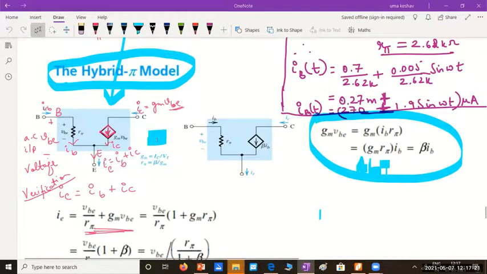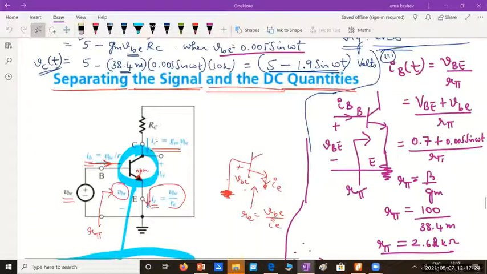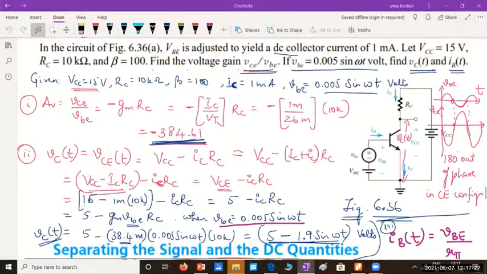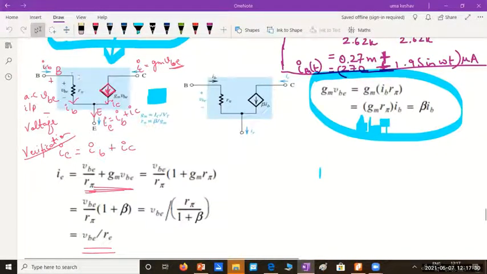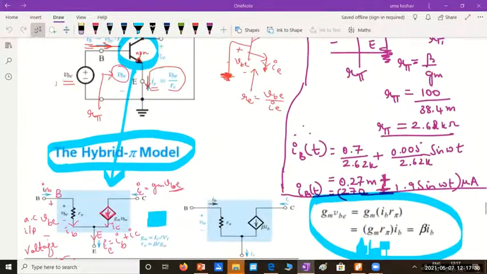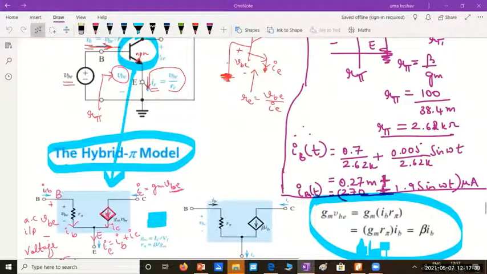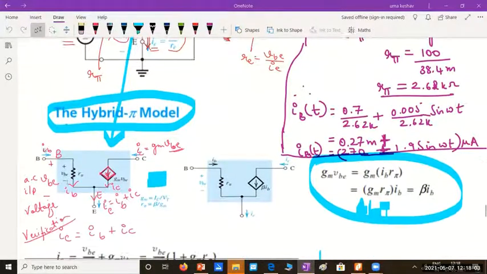And we have derived this model in the previous classes by showing how between the base and emitter terminals, I can have a single resistor R pi. When I look into the transistor between base and emitter terminals, the resistance offered to the AC signal is known as R pi, and its value is VBE by IB. So between the base and emitter terminals, I could include a single resistance R pi, and the current flowing here is IB, the small signal base current.